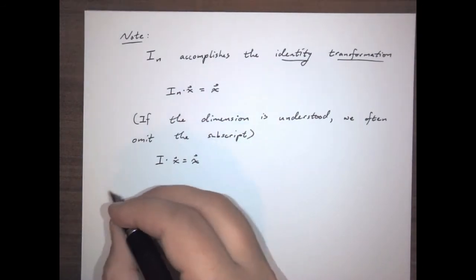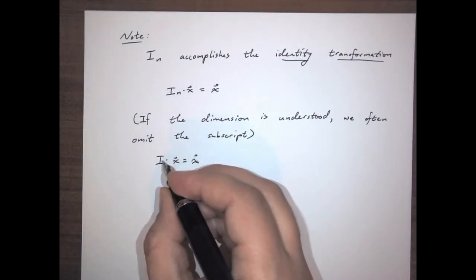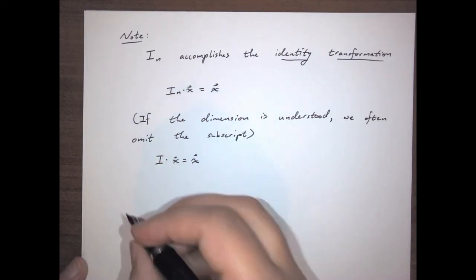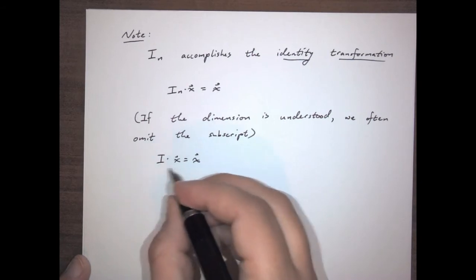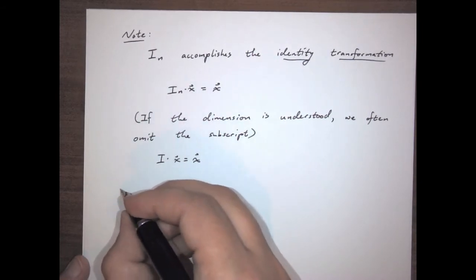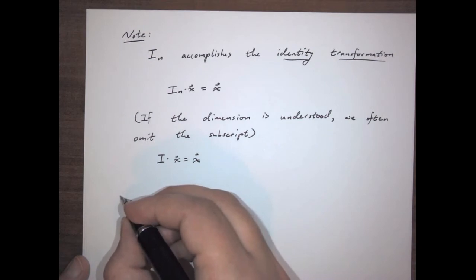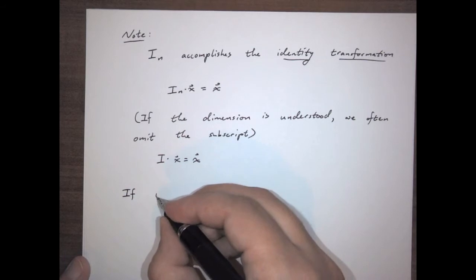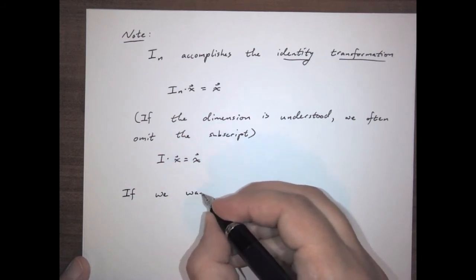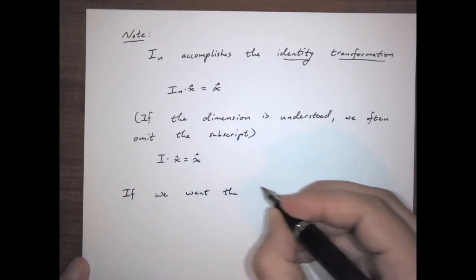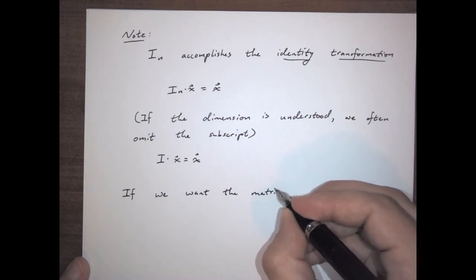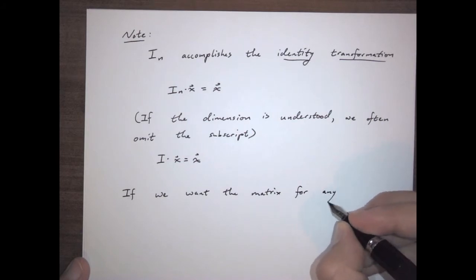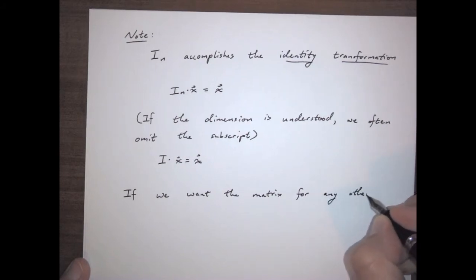Now, that's one matrix that we can get for free, basically. It's the matrix that accomplishes nothing at all. It doesn't change the vector. Now, if we want the matrix for any other linear transformation,